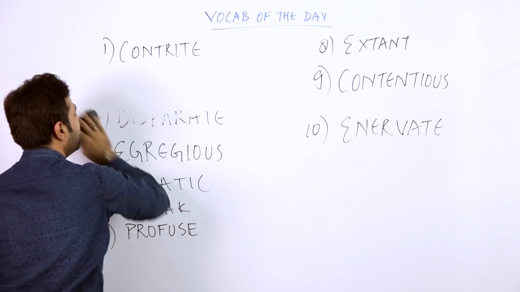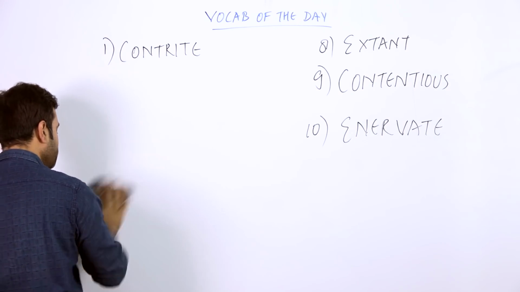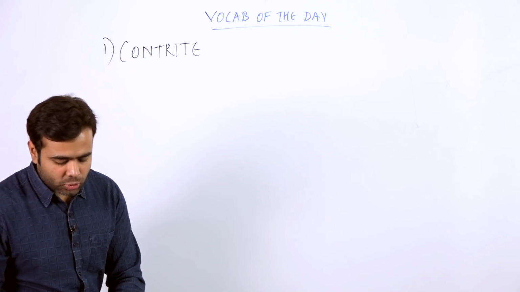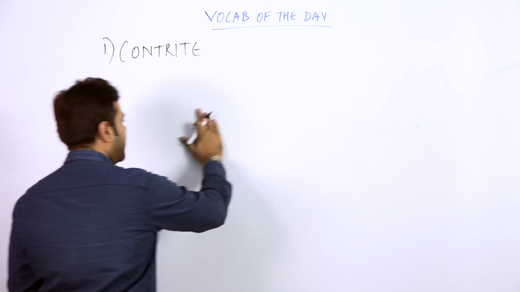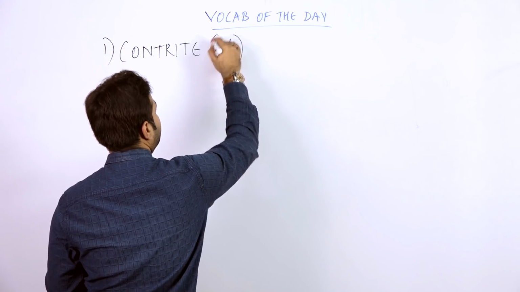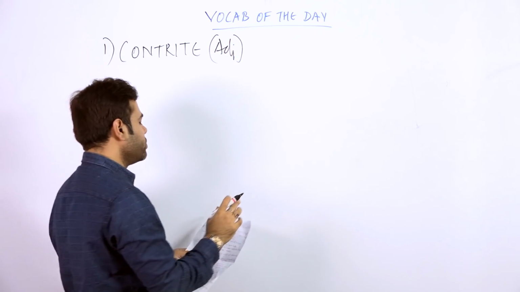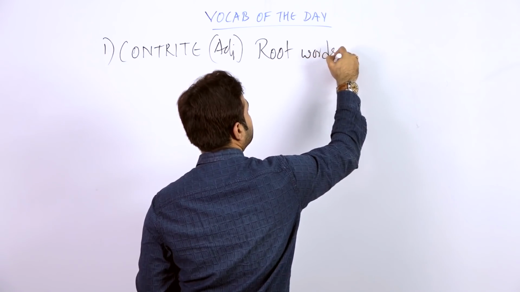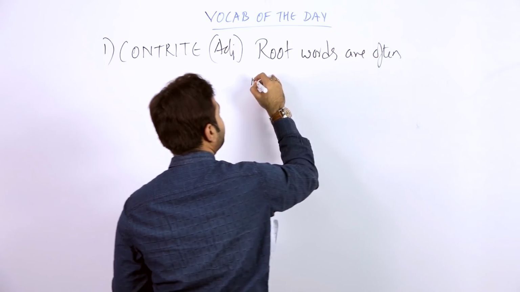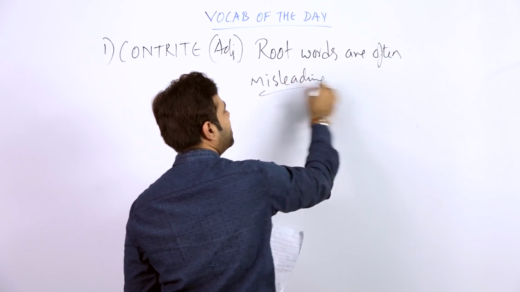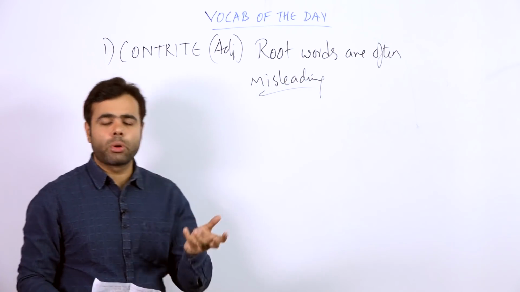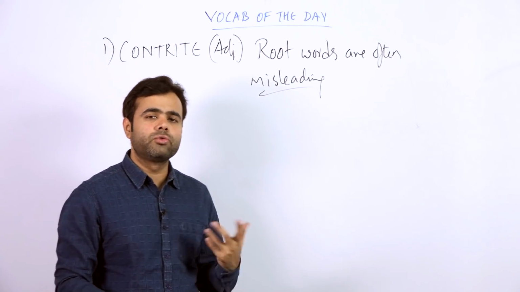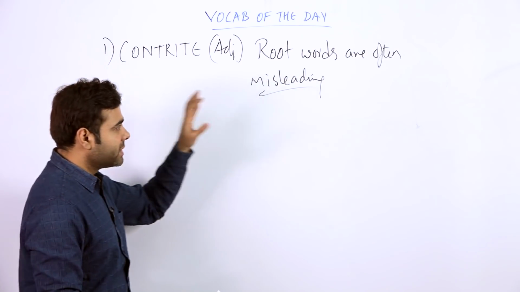So let's check out how we can use this particular word in the sentence and also what are the respective conditions. This can be used as an adjective. The first condition that I must tell you, students, is, people ask me, sir, tell me something about root words. So root words are often misleading. Why am I writing this condition? I have to make you understand what the problem is. Somehow or the other, in some cases the condition of root words can be applied, but not every time. Root words are often misleading.